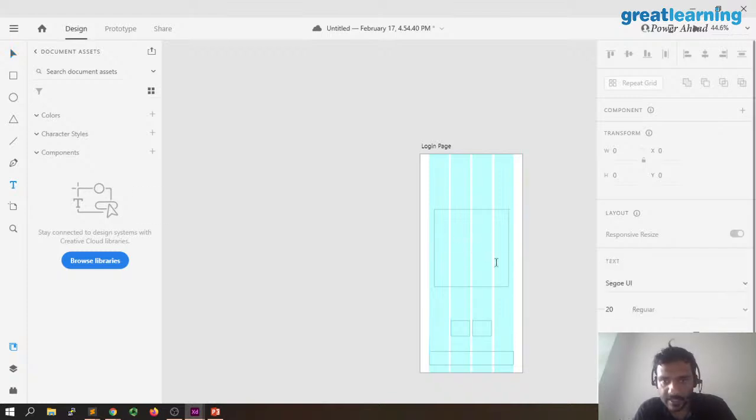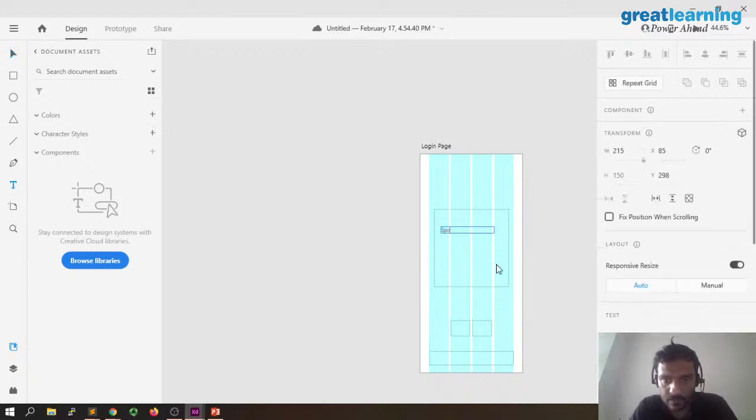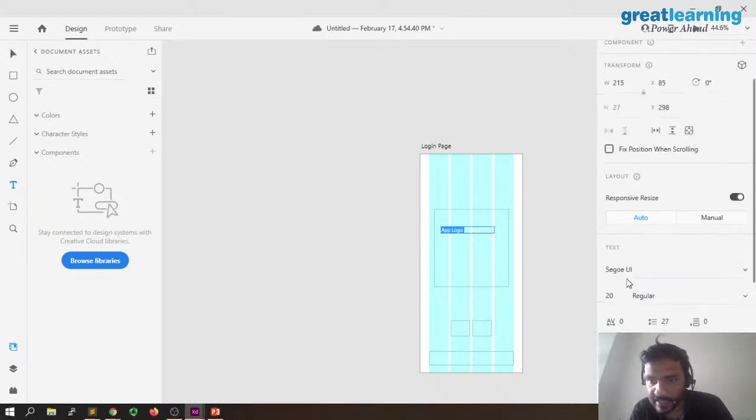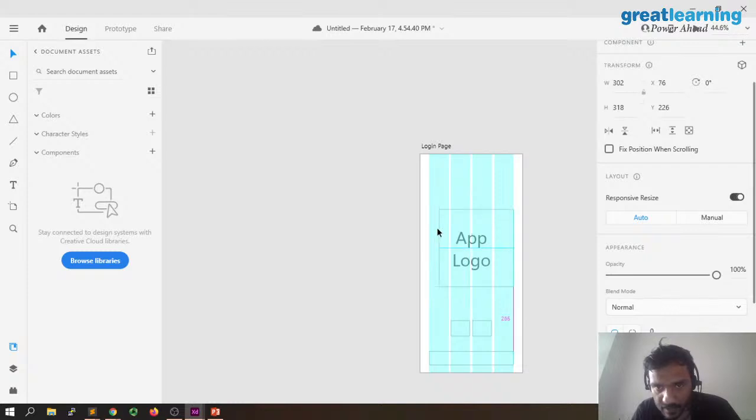Let's go ahead and mention something. App logo. We're going to go ahead and increase the size of it. So you come on the right hand side from 20, we are going to make this 50. Yeah. Or we can change this to 70. Okay. 70. Then I'm going to make it into middle. And I'm going to adjust this. I'm going to use the selector over here. This is used to select things and make sure it's in the middle. So 65, 65, 44, 43. Yeah, that's fine. If you want, we can put this in the center.